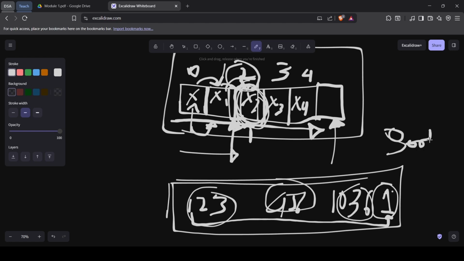When we say sort by ascending, then this becomes invalid. It is not sorted by ascending, because 1 is at the last. So if you think from left to right, if it is in increasing order, then it is sorted, or else it's not sorted. So sorting an array is again